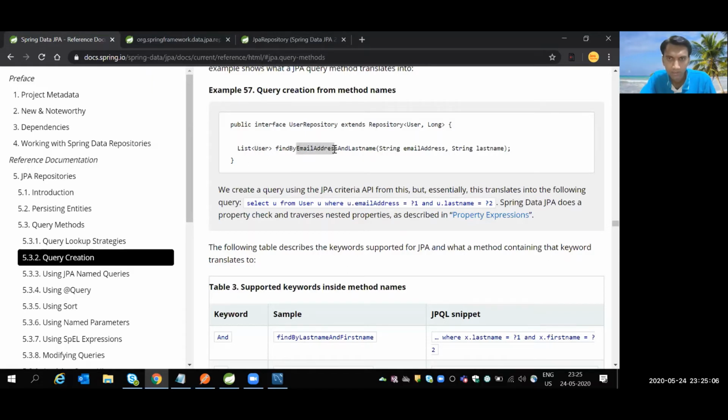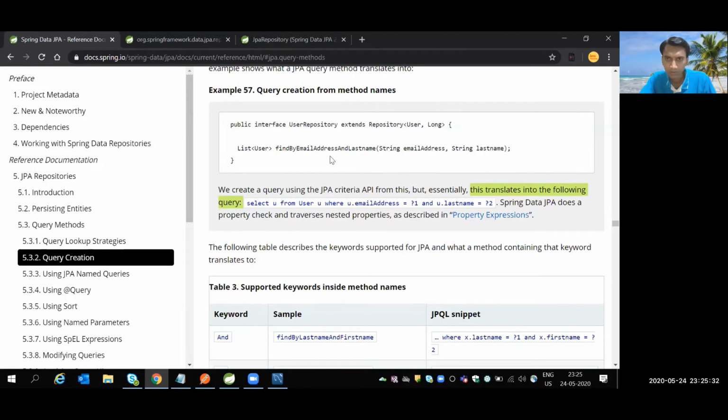One is email address and another is last name, and this And is nothing but a keyword. When you write such query methods, it automatically converts them into queries. For example, in this case, select u from User u where u.emailAddress equals ?1 and u.lastName equals ?2.